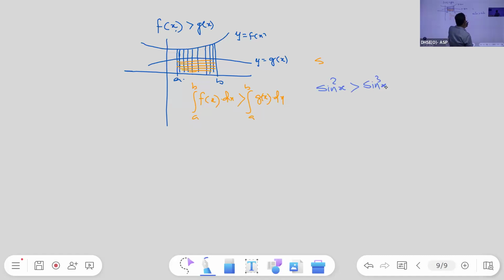0 to 1. So higher power will give you the lower value. So integral 0 to pi over 2 sin square x dx is greater than integral 0 to pi over 2